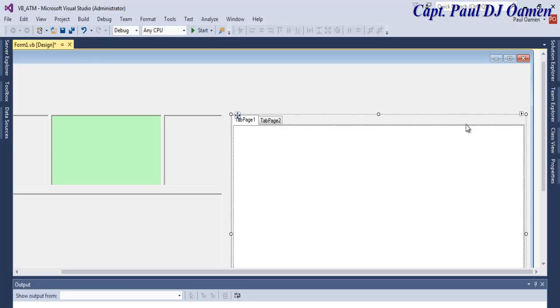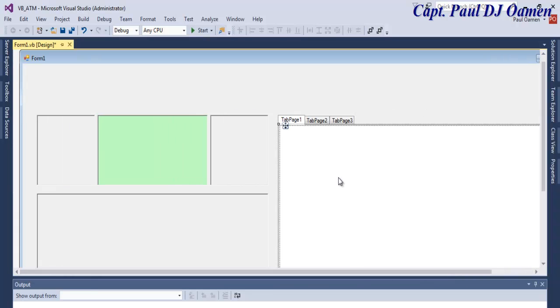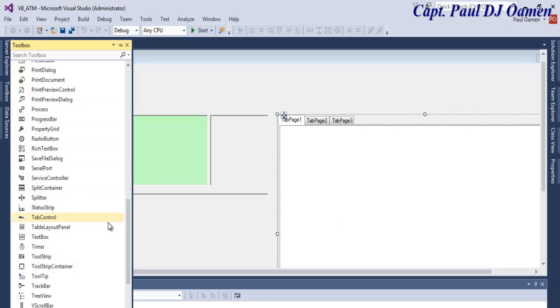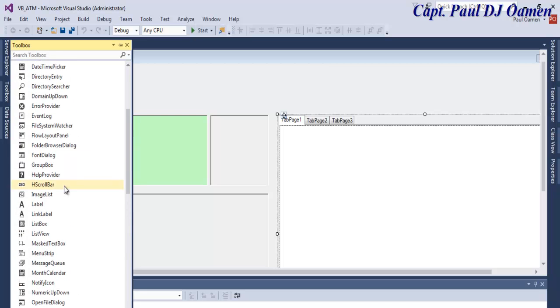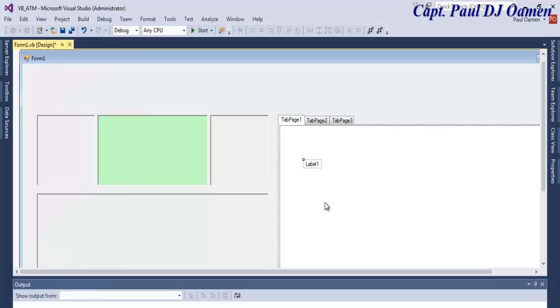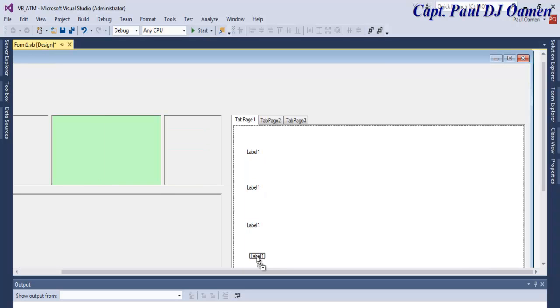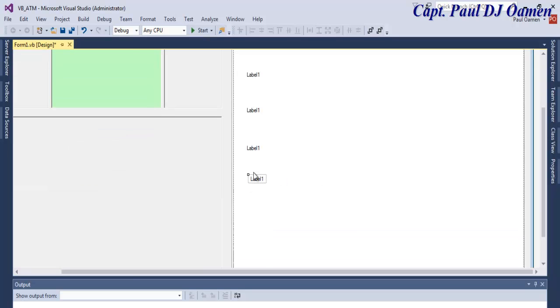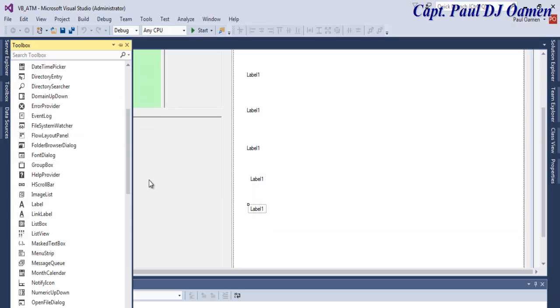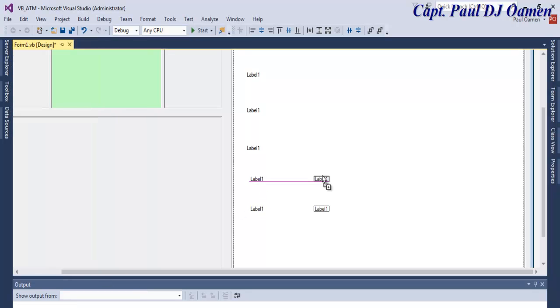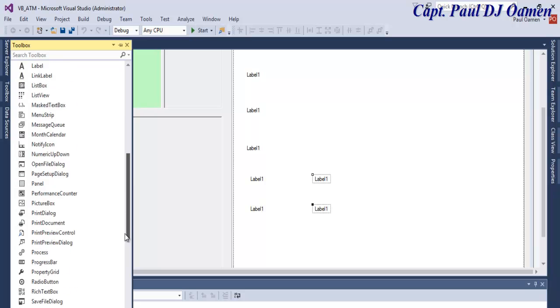Okay, so let's add 2 more. I think maybe 2 more or maybe 1 more. We just add it as we go along. 1 more tab, and the first thing I would like to do is to design the interface of this tab control. I'm going to get labels, 1 label here. Let's just copy this, and we need 2 of those here. The rest is going to be rich text box,